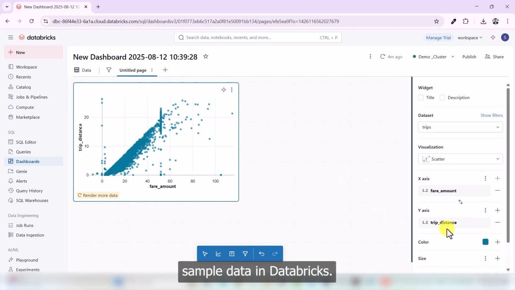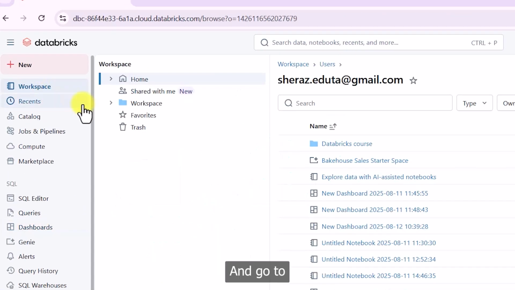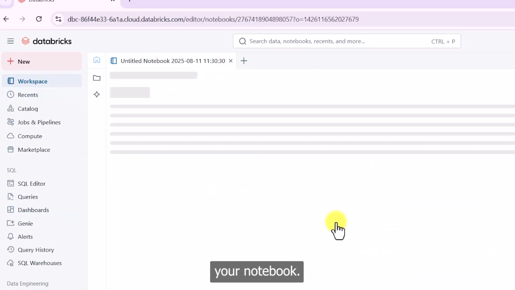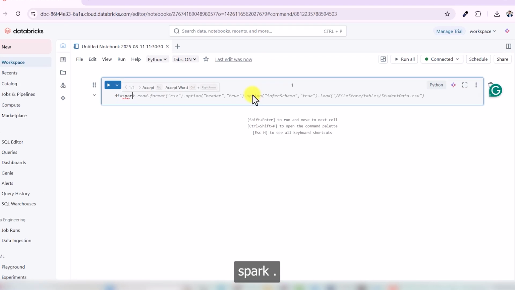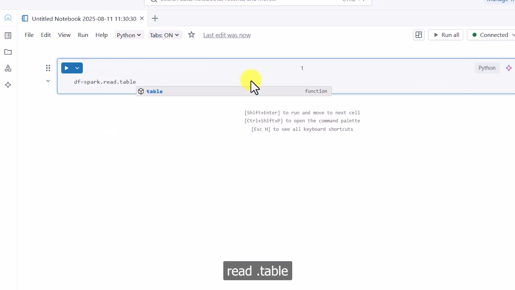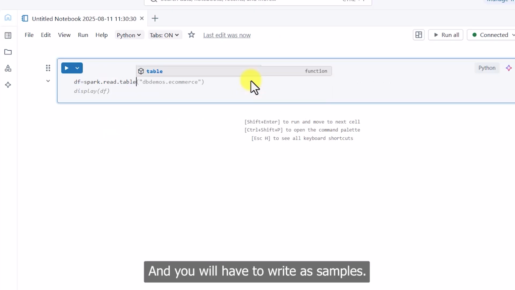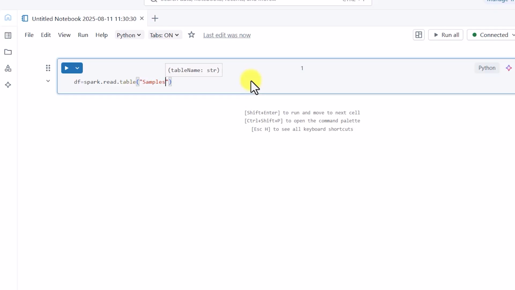So this is how you can use sample data in Databricks. You can use the code as well. For that, you can just go back to Workspace and go to your notebook and type in here as df equals spark.read.table, and you will have to write as samples.nyctaxi.trips,